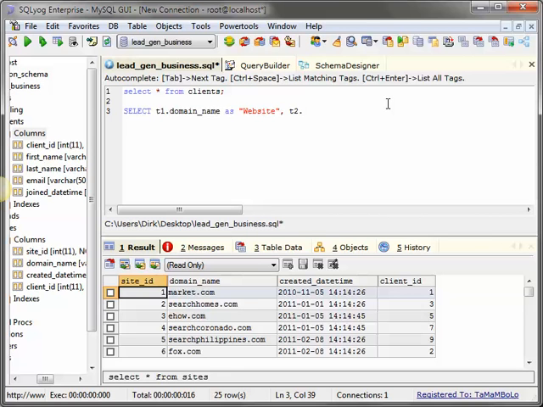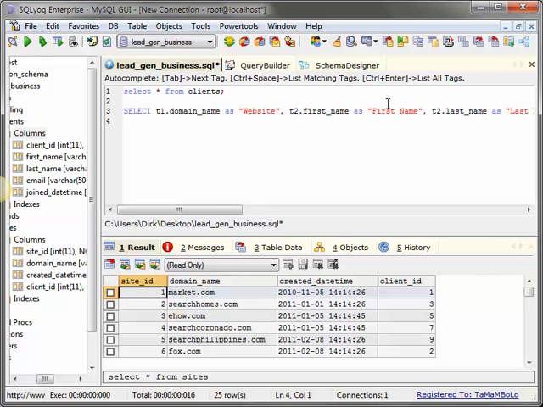So T2 dot first_name as first_name, and then we'll get the last name, T2 dot last_name as last_name.